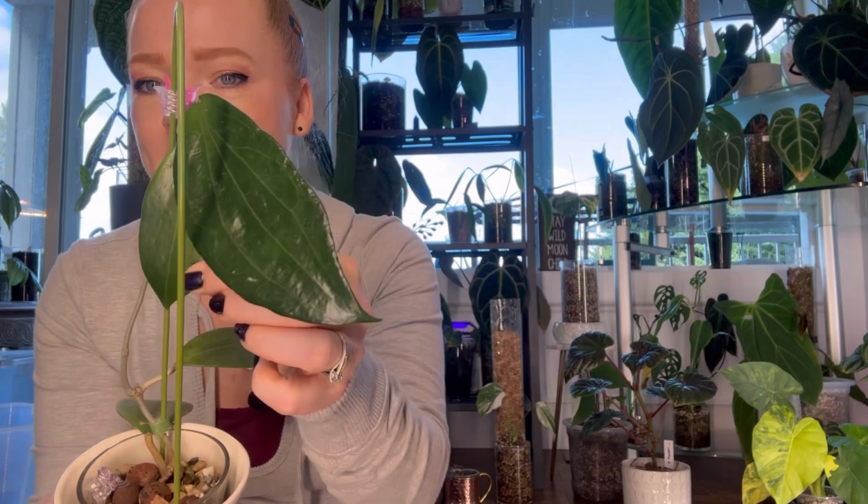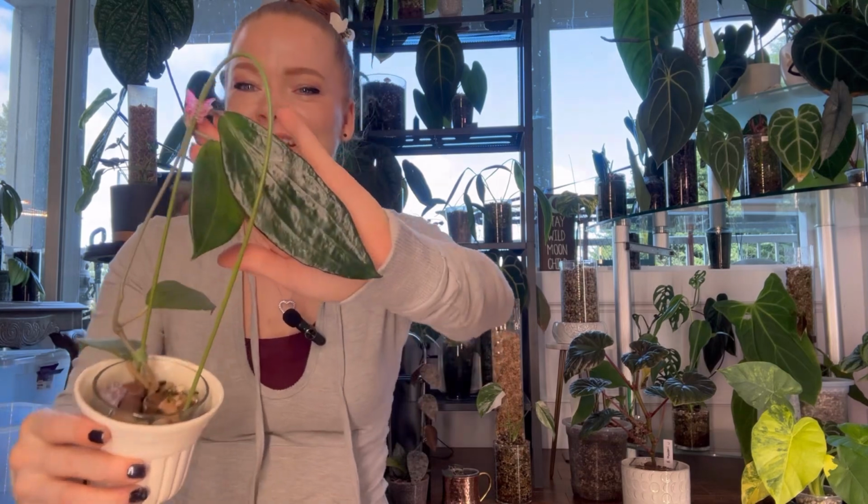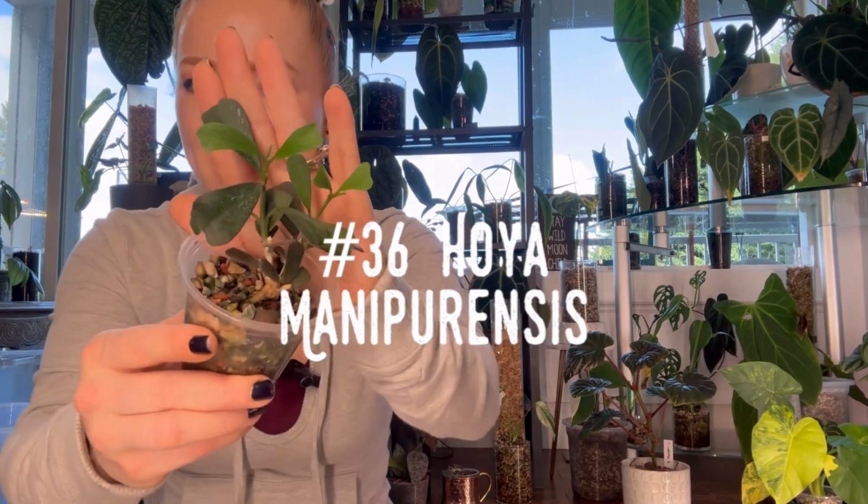She just spit out this huge leaf, like quite an upsize from her last leaf. You see that? That's nuts. Hoya cinnamomophilia. Go get one. You want to see it bloom, and if it does bloom, tag me on Instagram and show me, please. Number 36 is Hoya Mana,